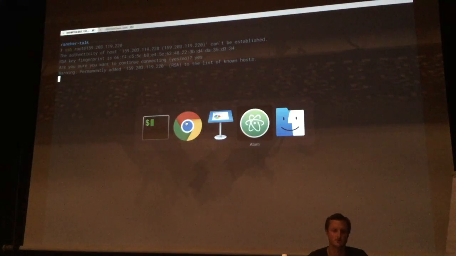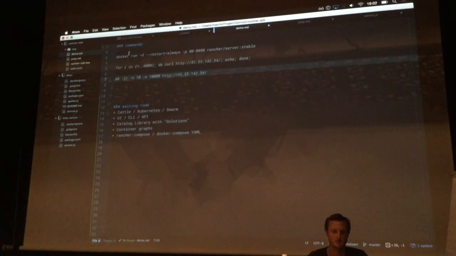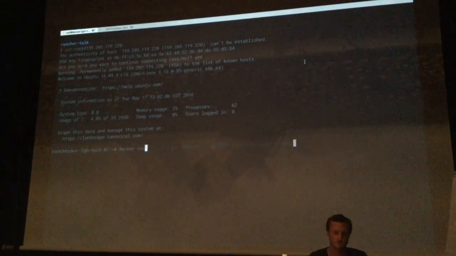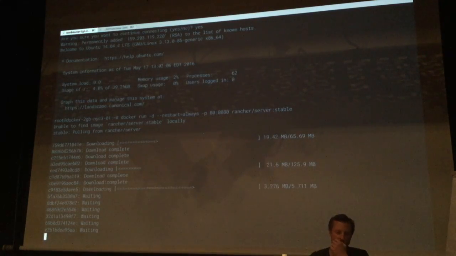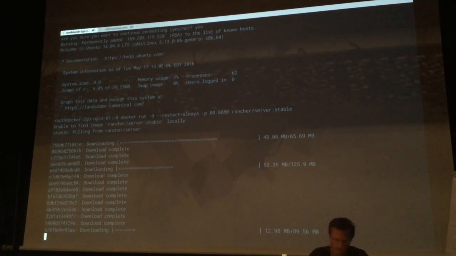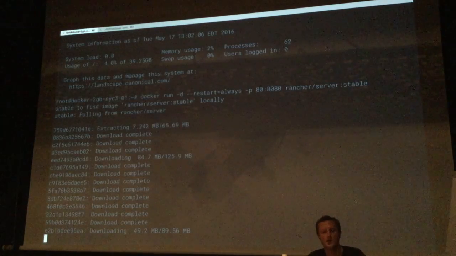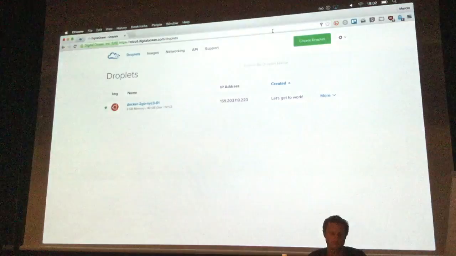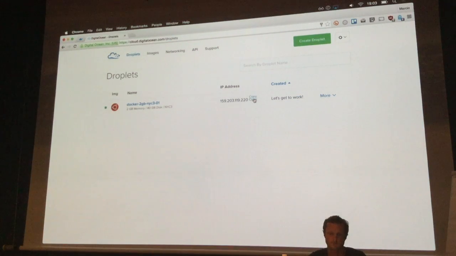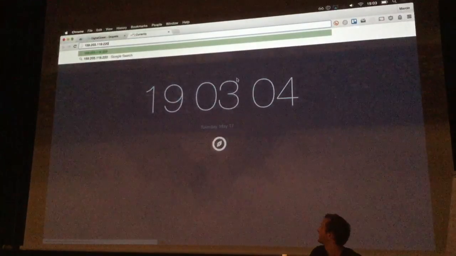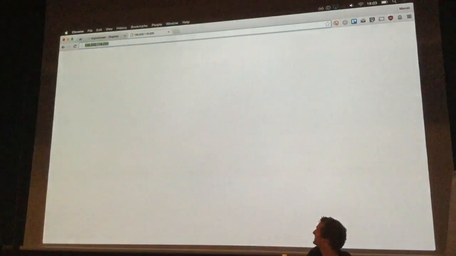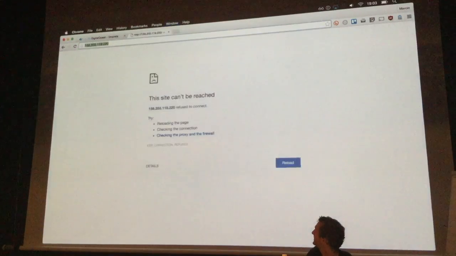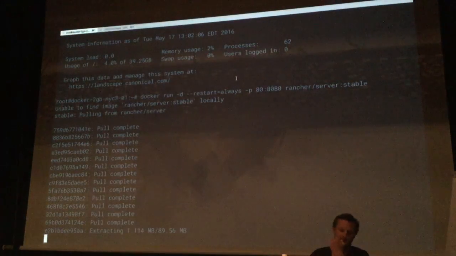And then the command to run is just this Docker run. We're just going to Docker run their latest stable image from Rancher. Can you guys see that? Yeah. I will be able to go to this once it's all started up. While it's pulling,